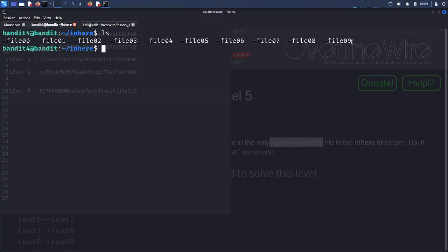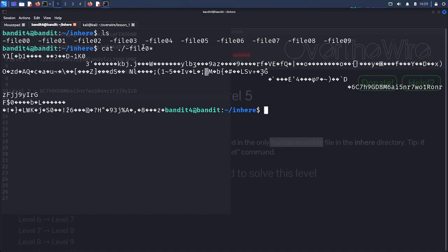Okay, let's just recap on what we just did there so you guys know. We have a bunch of files and we don't want to cat every single file to find which one has our password. So a shortcut we can do is cat, specify the relative path, and we're saying this path right here, we need to specify that we want to cat out these files. So we need to do this for this directory and then the path. And then we specify that file, and then you hit the asterisk key, enter,